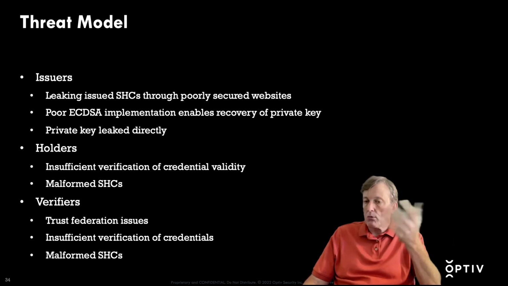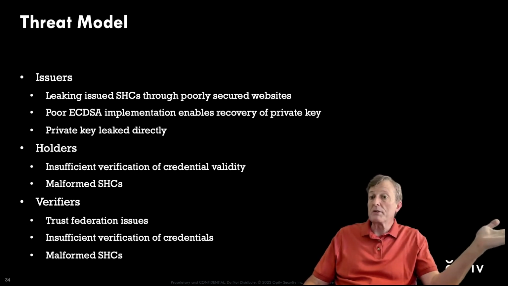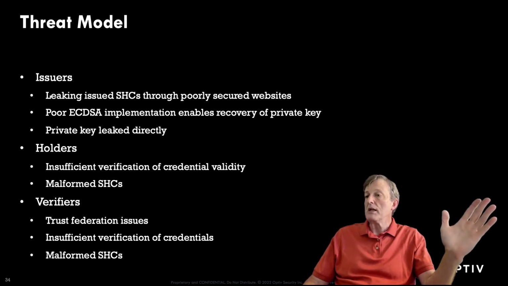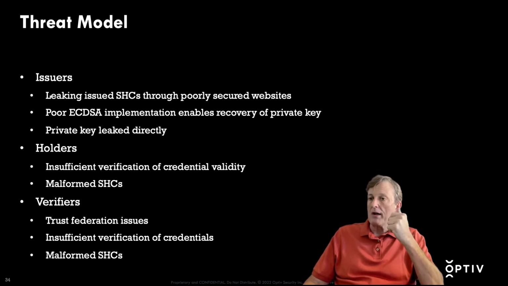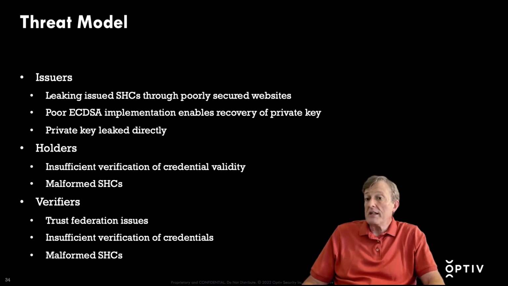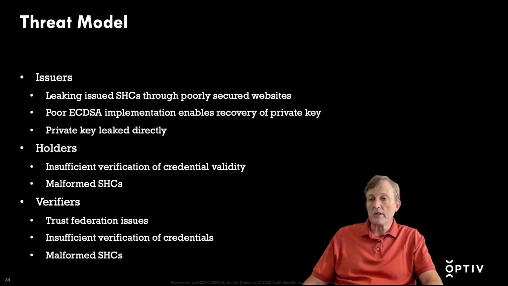If it was a statewide site, maybe I could find somebody that has the same name as me and use their credential as if I was them. There are a number of ways you can mess up the signature calculation we'll talk about later. The private key could end up getting leaked or stolen, which would allow you to forge